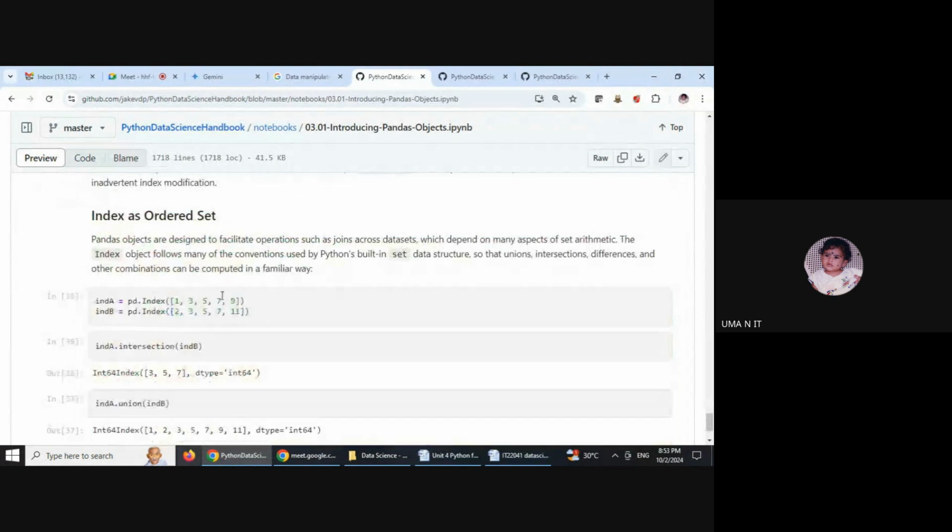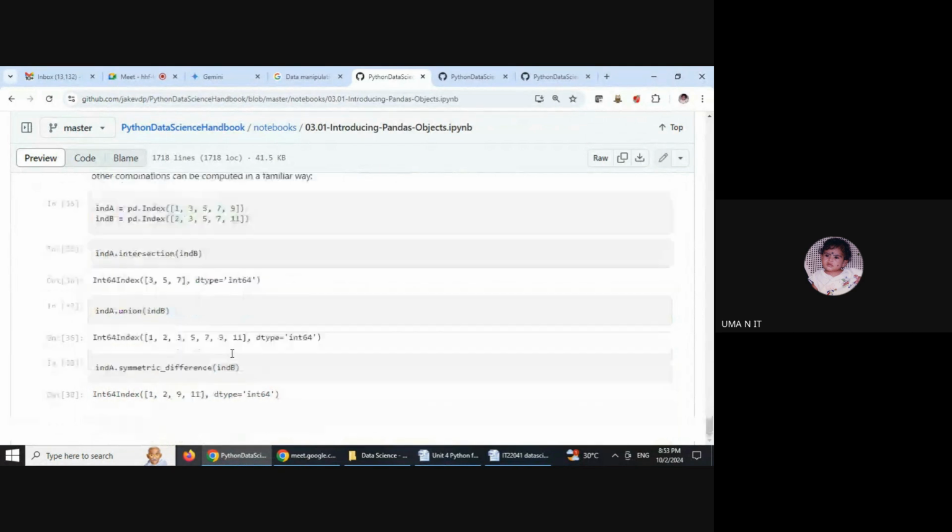We can do some operations with your indices, that is intersection and union. That's what intersection of A with B is: something like 3 5 7, and union will take 1 2 3 5 7 9 and 11, and symmetric difference of indices is something like 1 2 9 and 11. That is something opposite of intersection. That's what symmetric difference is.